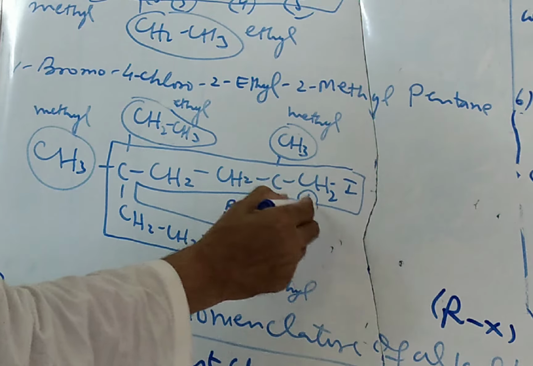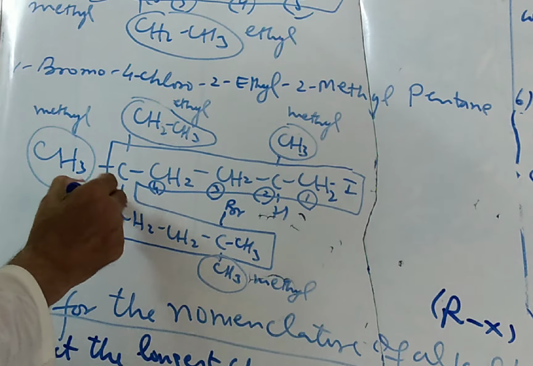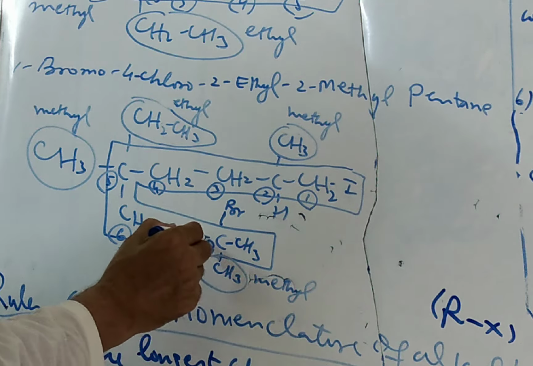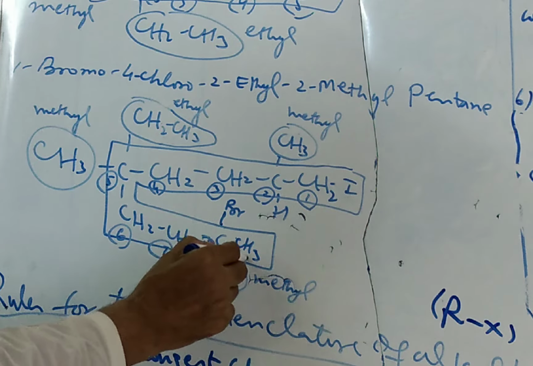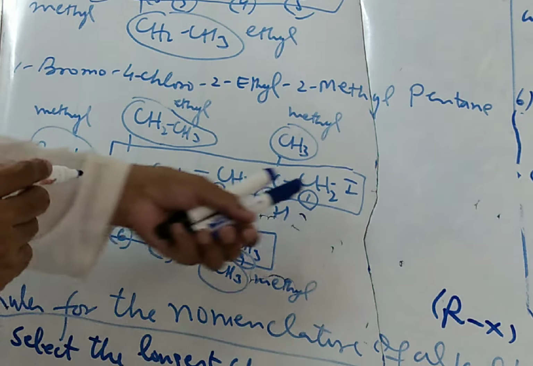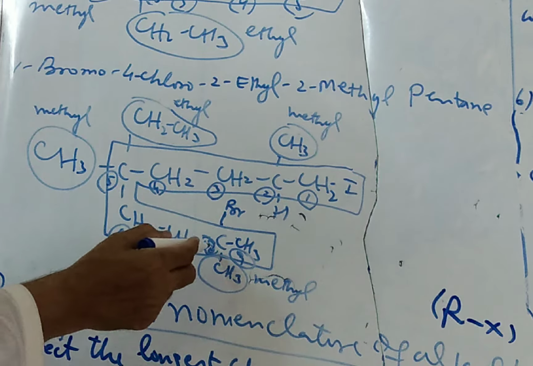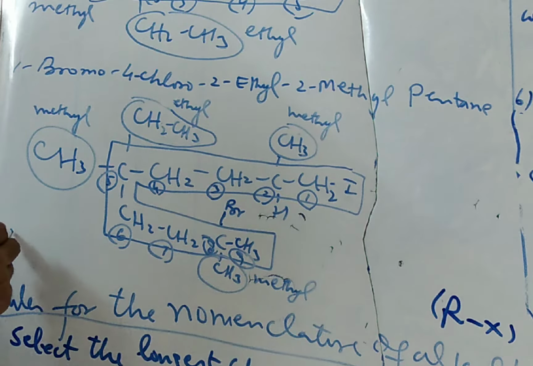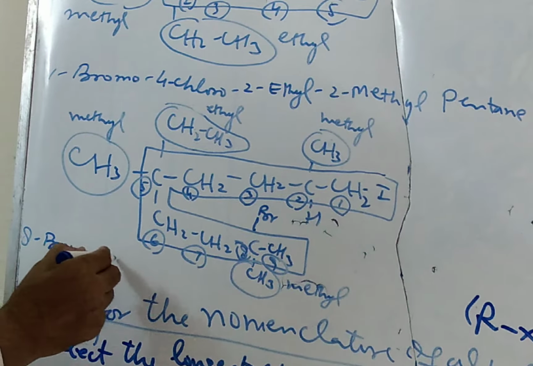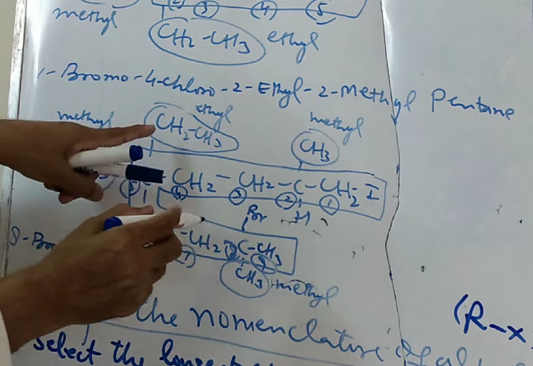So numbering from this side 1, 2, 3, 4, 5, 6, 7, 8, and this is the 9. So write the names iodo and bromo. Alphabetically Br comes first. So the position is 8. So we can say 8-bromo, and then 1-iodo, and then the name of the alkyl radical, that is